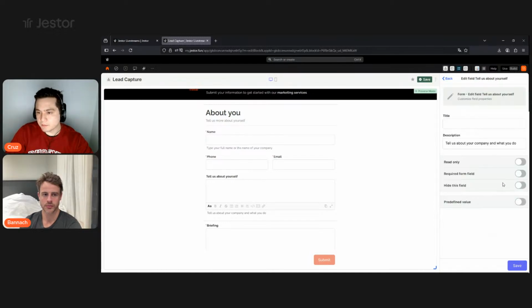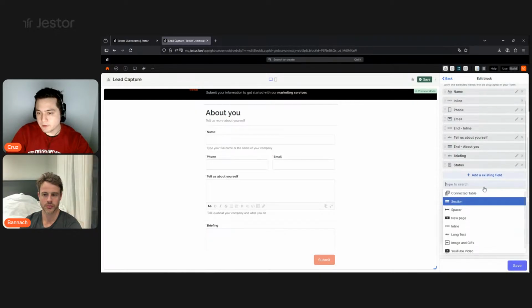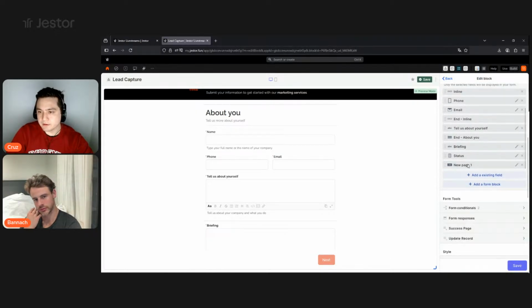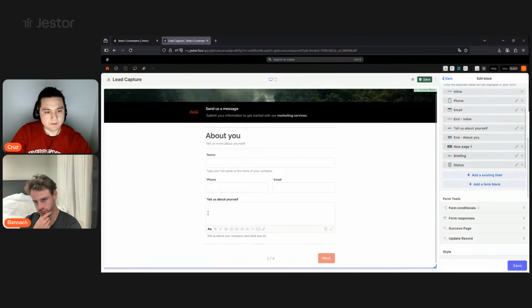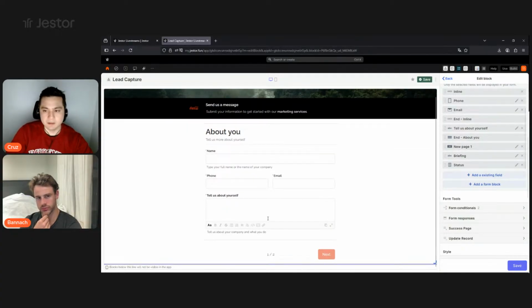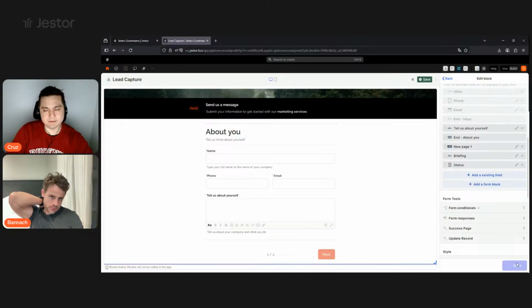And one other block that I'm going to add here is new page. And I want a new page just below the tell us about yourself. So now the briefing is on the second page. So this is what Banak said before. You can do pagination, right? So now if I save this,